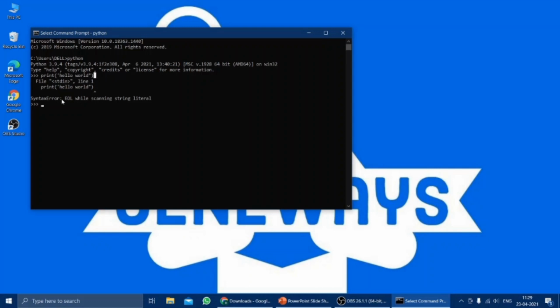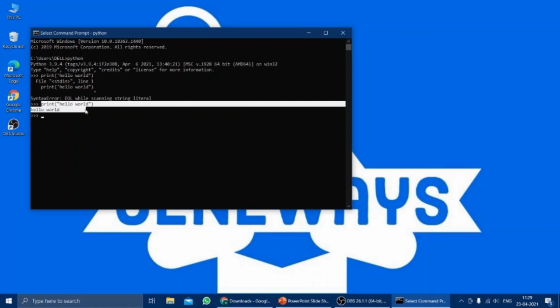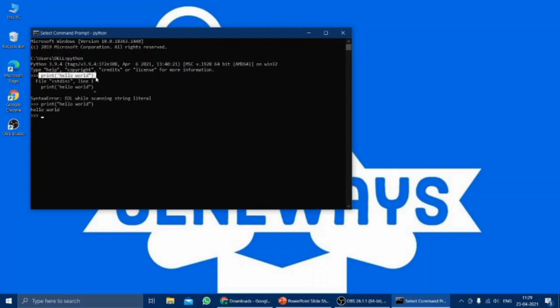Sorry, here is the mistake. So again, write the print statement again. So just press enter. Here we can see the print statement has printed hello world, but here it has not printed.